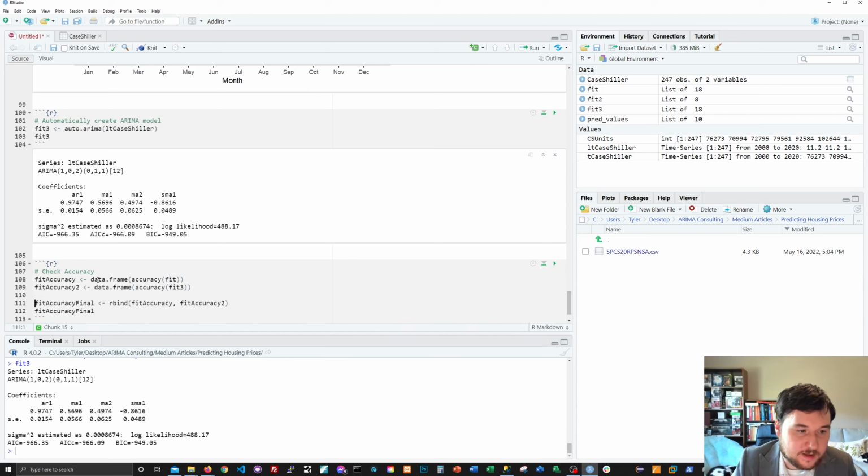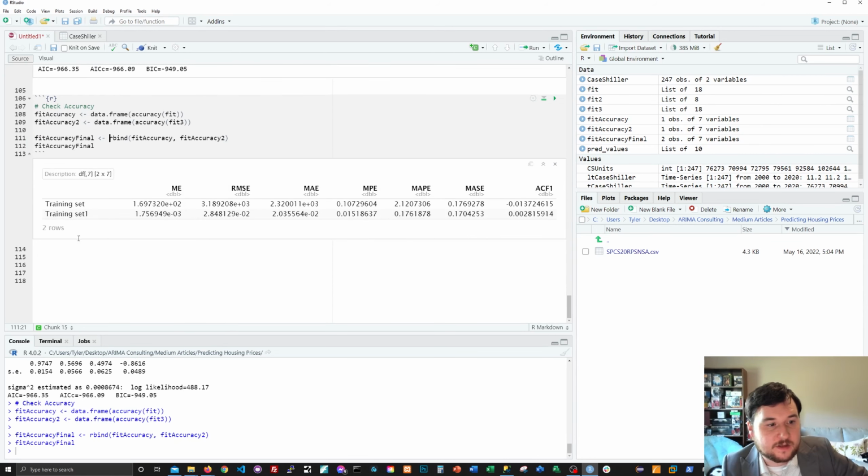You can have the accuracy of your model fit into a data frame. So we can do that for our original model, and we can do that for our log transformed ARIMA model, and then you can bind them together with rbind. So bind the rows with the original fit accuracy over the second fit accuracy. We'll bind them on top of each other, and we can take a look at their coefficients of errors. In this case, I'm partial to root mean square error. In our first one, we had a pretty high error rate, and down here we had a smaller error rate. Now a lot of that's due to the log transform,